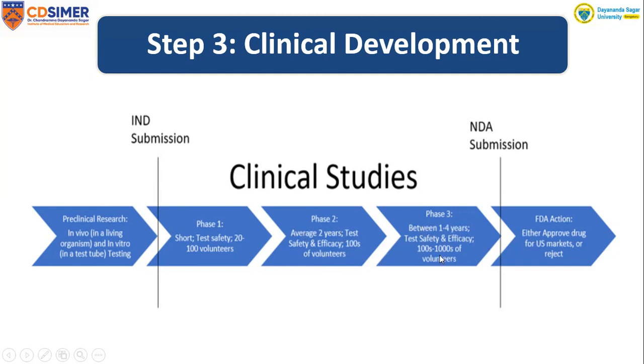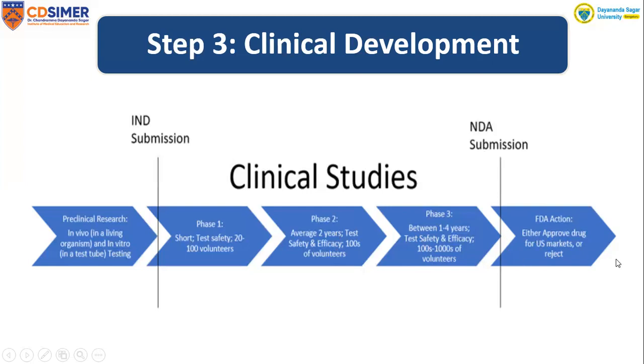In this phase 3, the number of volunteers can be a few hundreds to a few thousands, and it can take on average 1 to 4 years to develop. Again, whatever we considered in phase 2, the same extension trials can be done in phase 3 with multiple ethnic groups in multi-country trials. Once we have some convincing evidence, then new drug applications will be filed, and